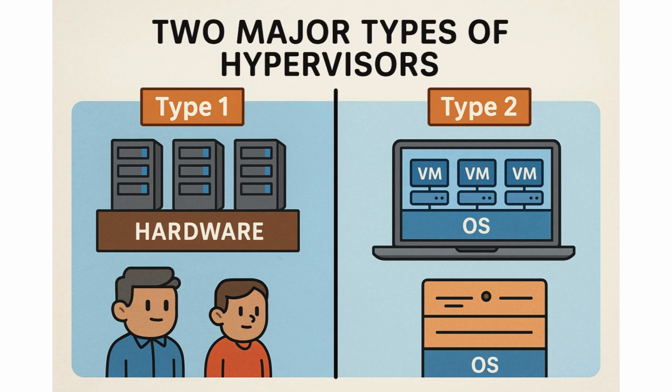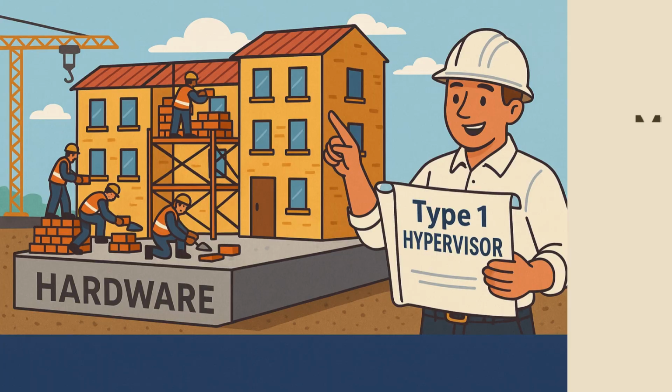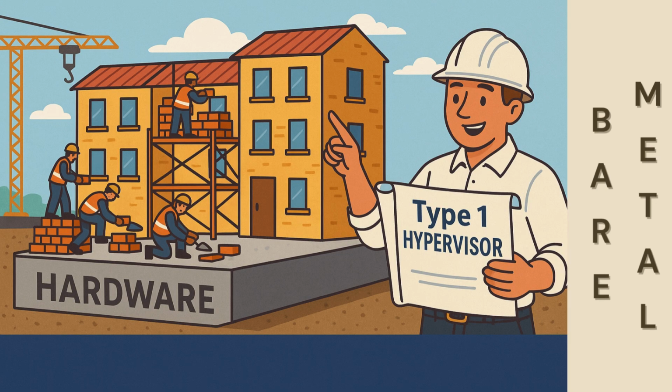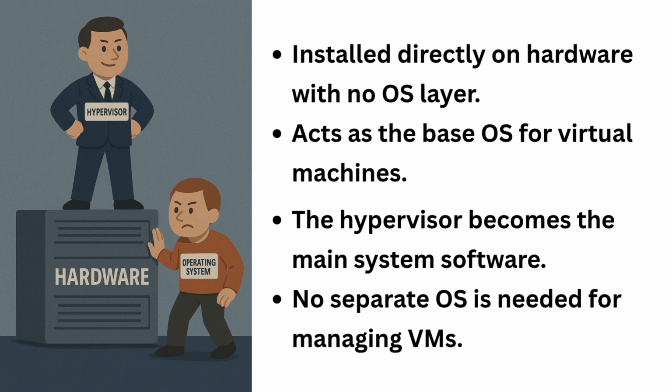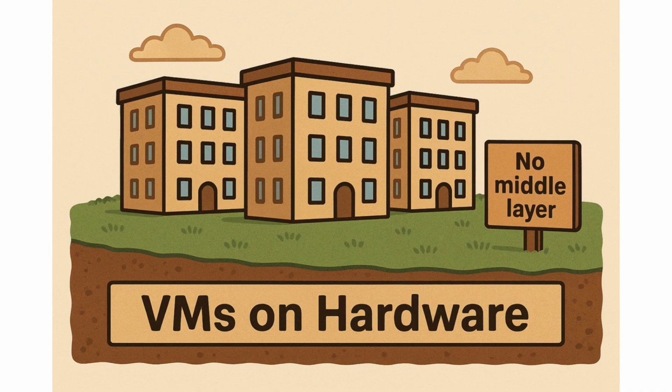There are two major types of hypervisors, and they're built for different use cases. Type 1 hypervisor, bare metal hypervisor. What it is. A Type 1 hypervisor is installed directly on the physical hardware, no regular operating system underneath. It becomes the operating system for virtual machines. Think of it like you're building apartments, VMs, right on top of the land, the hardware, no other structure in